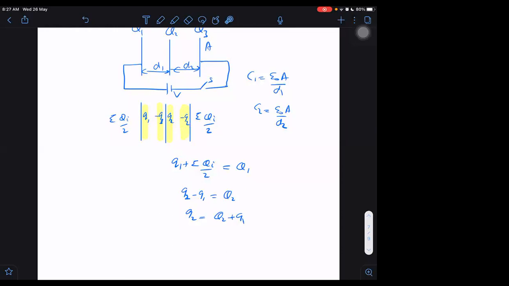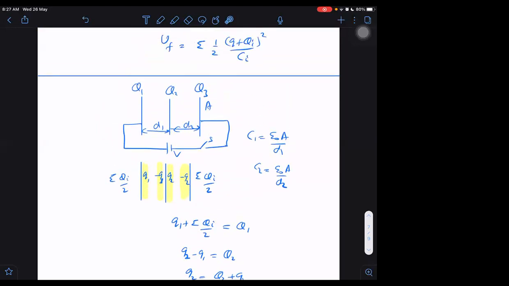Sir, when connected to the battery, what will happen to the charge, sigma Qi by 2? This will remain as it is. Nothing will happen to them. They will only go to the ground if I connect to the earth also. Then this will vanish and this will also become 0. The other will also become 0. Otherwise, they will stay as it is. Nothing happens to them. If I connect any one part of the circuit to the ground, it is not necessary to connect this part or this part or this part, then this will vanish. This can go to the ground.